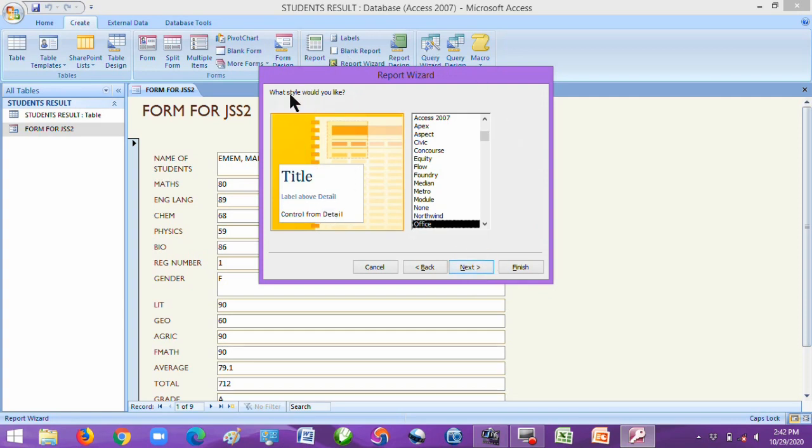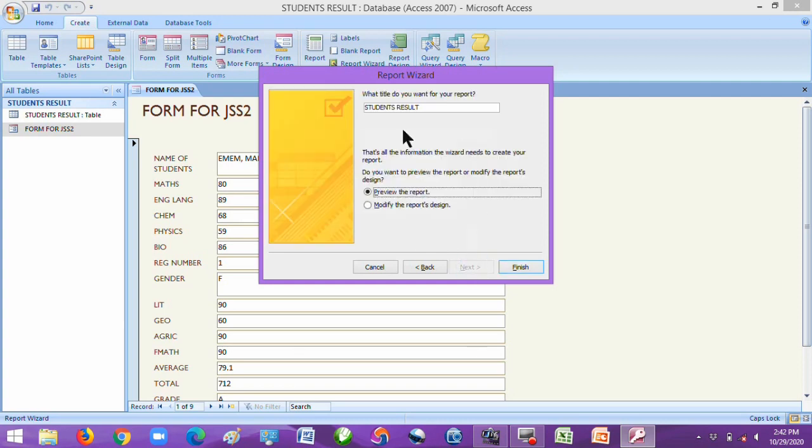Give it a style that you want. Select the style as happened in the other case too. Then select any style and go to next. What is the name that you want to give it as the title for the report you want to create now?